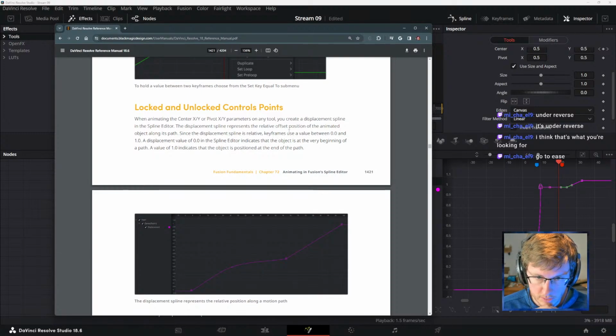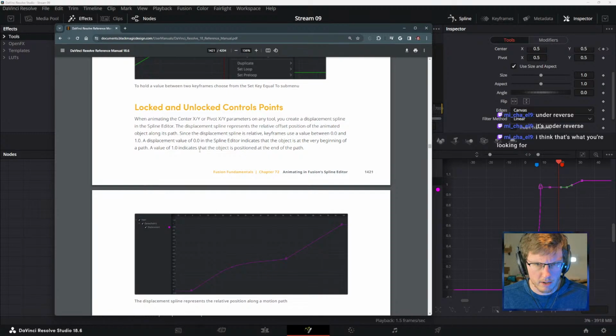Since the displacement spline is relative, keyframes use a value between 0 and 1. A displacement value of 0 in the spline editor indicates that the object is at the very beginning of the path. A value of 1 indicates that the object is positioned at the end of the path.